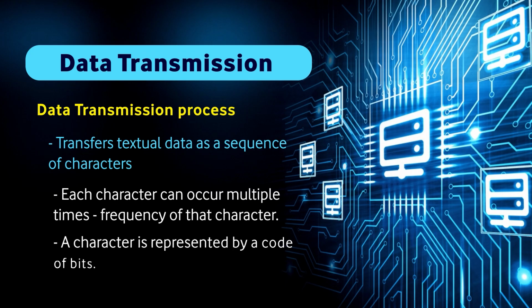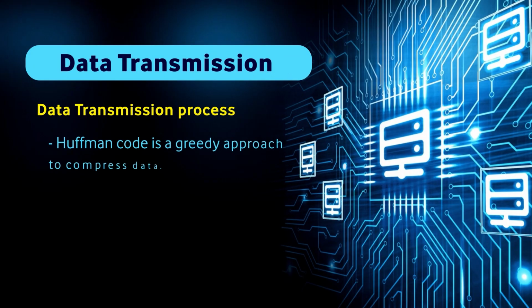So, that character ultimately is to be represented with the help of a code. Now, what kind of coding should we use to represent the characters which we are transmitting? Well, Huffman code is typically a greedy approach to compress the amount of data, that is the coded data which